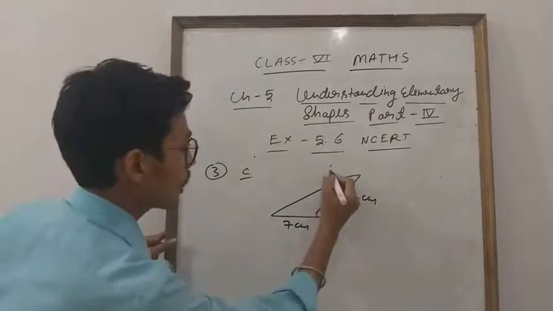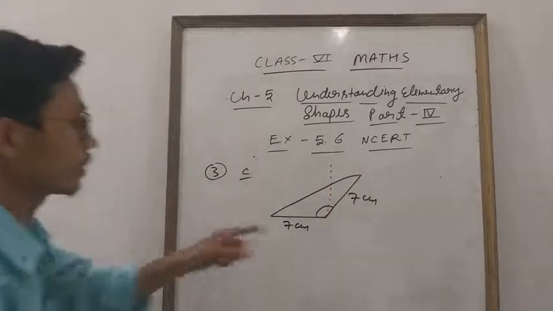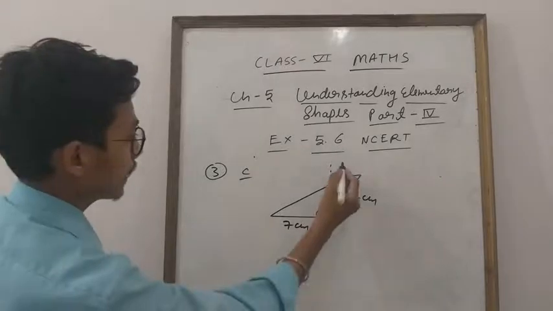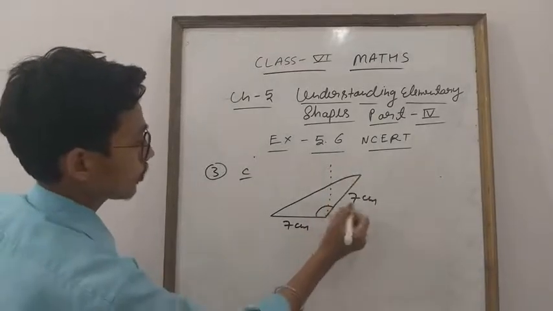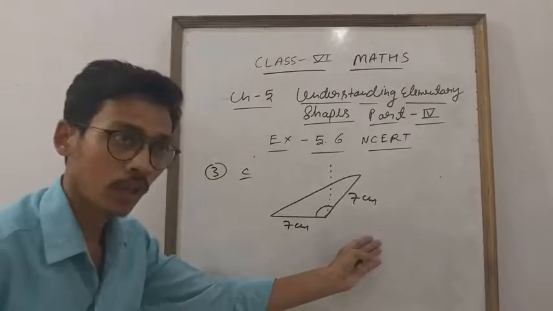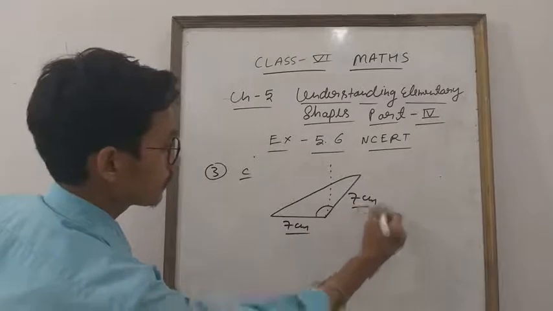You know that when you draw a line for 90 degree, it will come here. This is 90 degree. Now you know that this is more than 90 degree. What is this? This is more than 90 degree. Okay? This is 90 degree, then this is more than 90 degree. So what is this, student? More than 90 degree, which means this is obtuse. Okay? Or on the basis of side, this is isosceles.